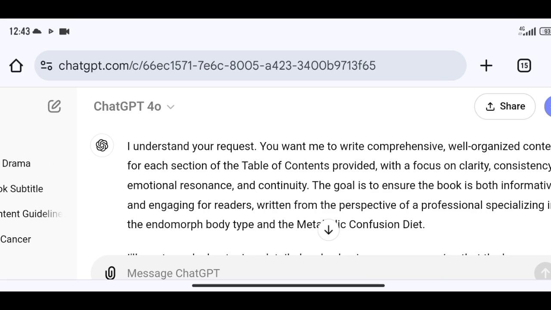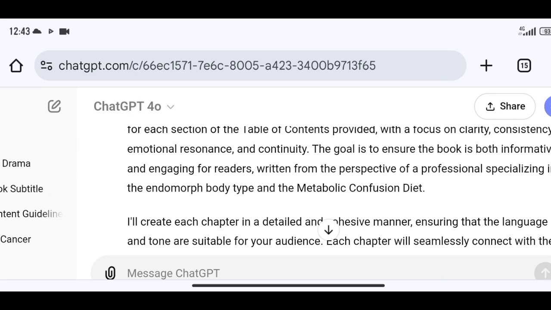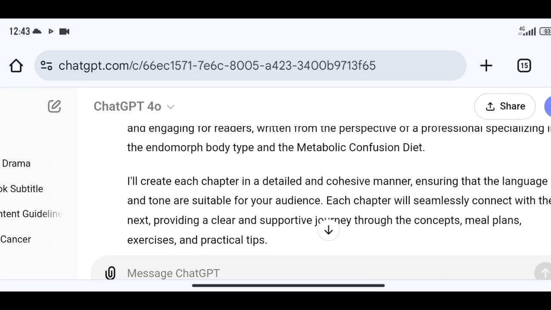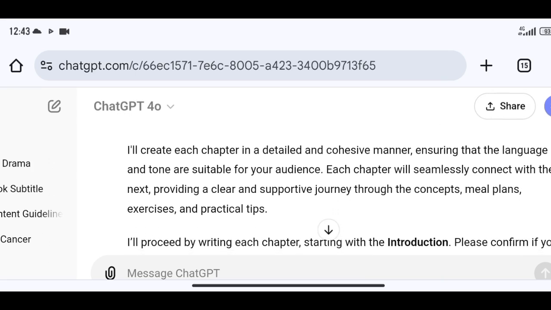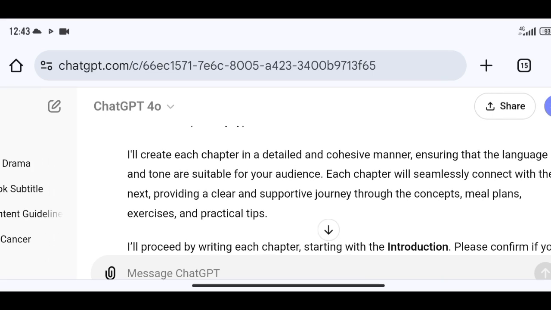The goal is to ensure the book is both informative and engaging for readers. Written from the perspective of a professional specializing in endomorphic body type and the metabolic confusion diet, I will create each chapter in a detailed and comprehensive manner, ensuring that the language and tone are suitable to your audience.